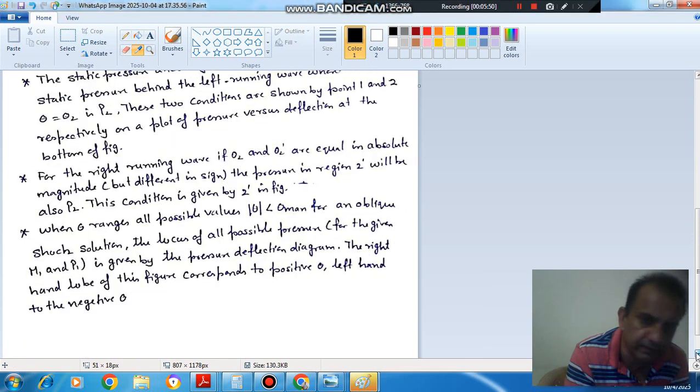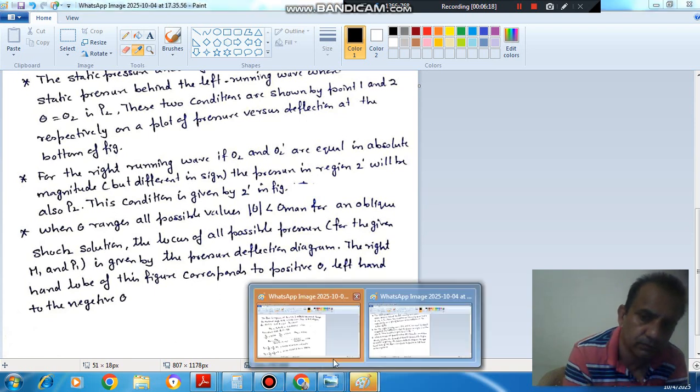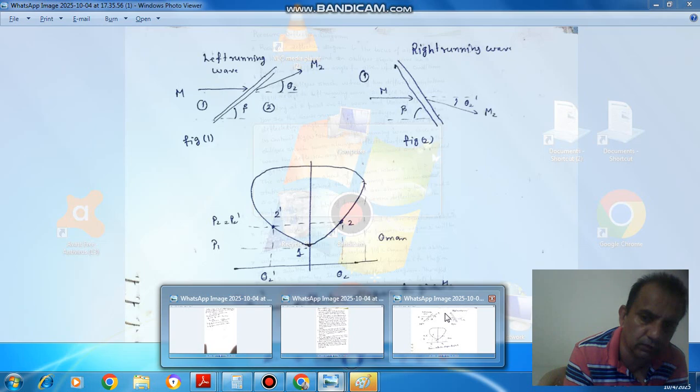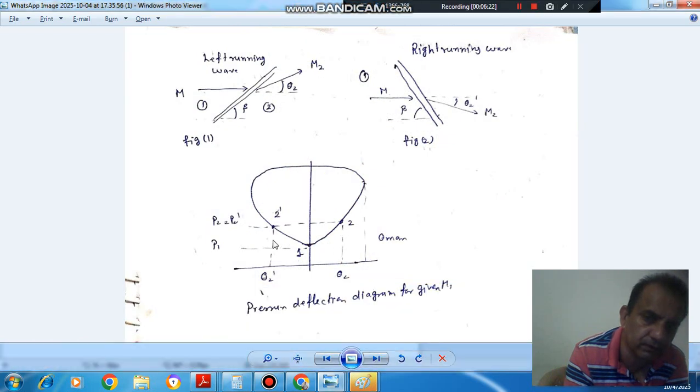When theta ranges over all possible values, with absolute magnitude of theta less than theta max for an oblique shock solution, the locus of all possible pressures for the given M1 and P1 is given by the pressure deflection diagram. The right hand lobe of this figure corresponds to positive theta and the left hand lobe to negative theta. So this is your positive theta and this is your negative. So this is your pressure deflection diagram for given